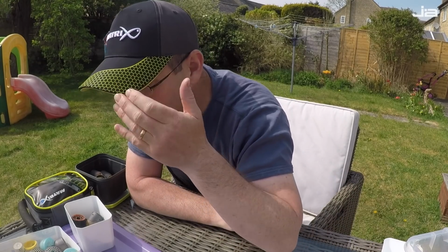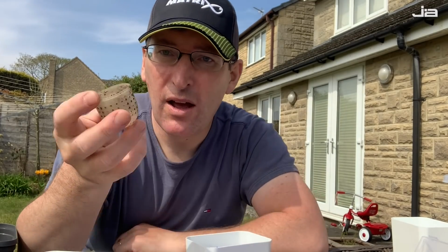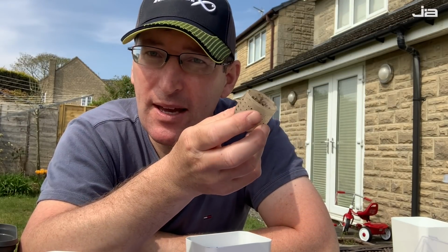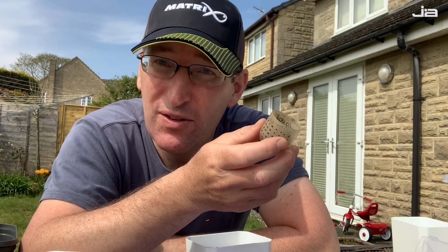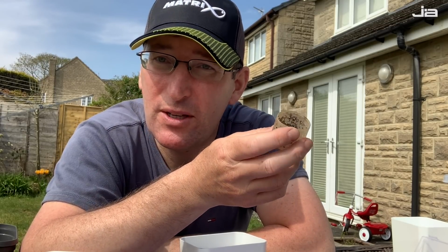And what else have we got? Oh, a massive thing for me. Took me a long time to get my head around pots with holes. I couldn't see the point. I thought it was a bit of a gimmick. I used to think, well, it was obviously just a gimmick for saving weight, which obviously it does a little bit, but I suppose the reason I was a bit averse to it to begin with was because I was